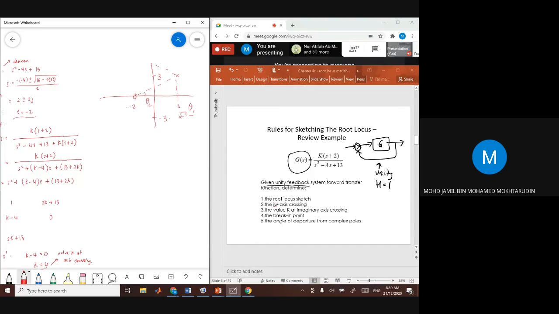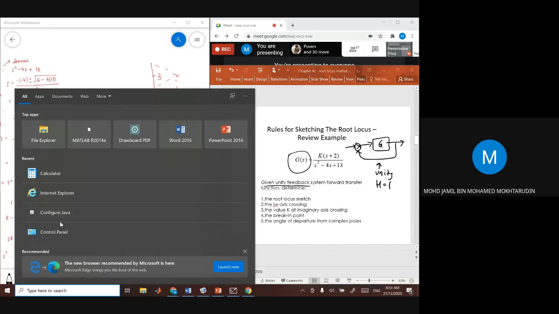Okay, so theta 1 is 90 degrees and theta 2 is tangent inverse 3/4. So tangent inverse 3/4 is